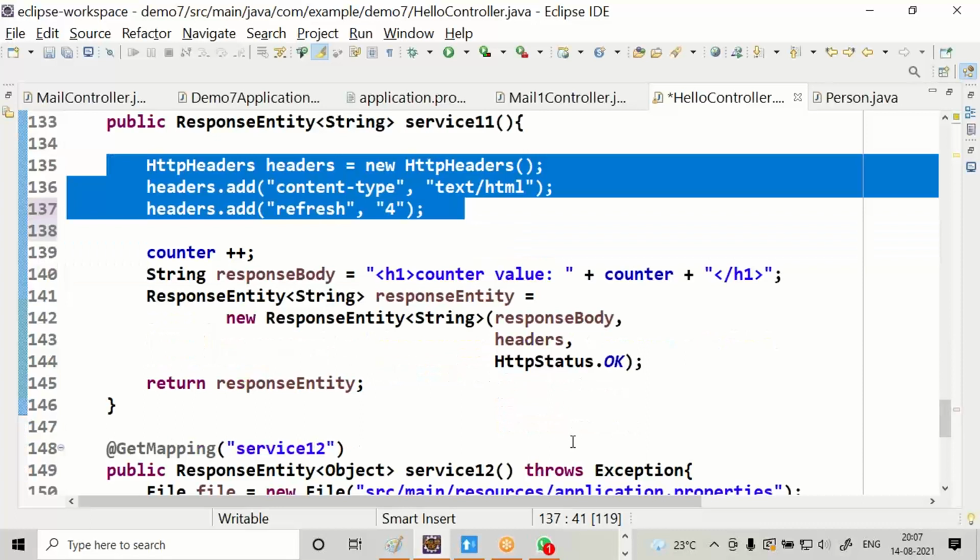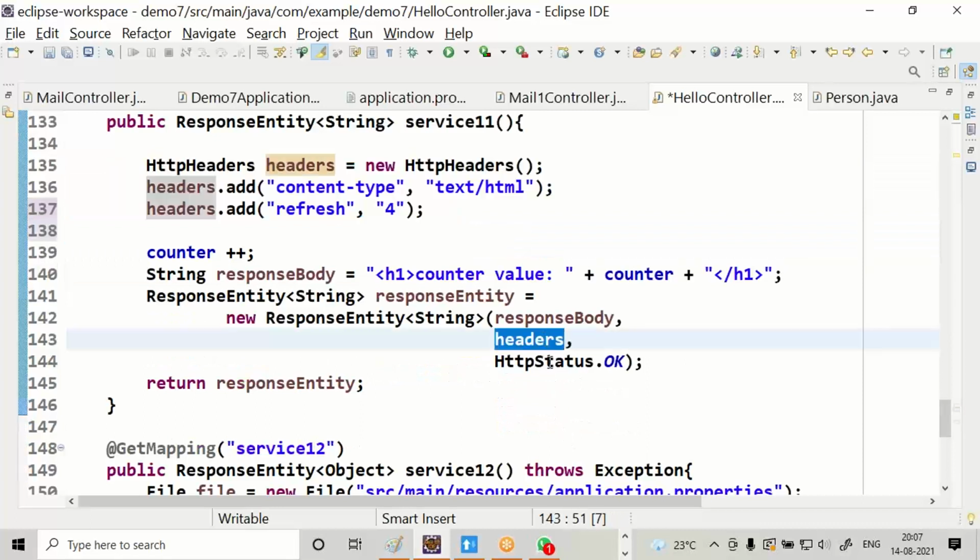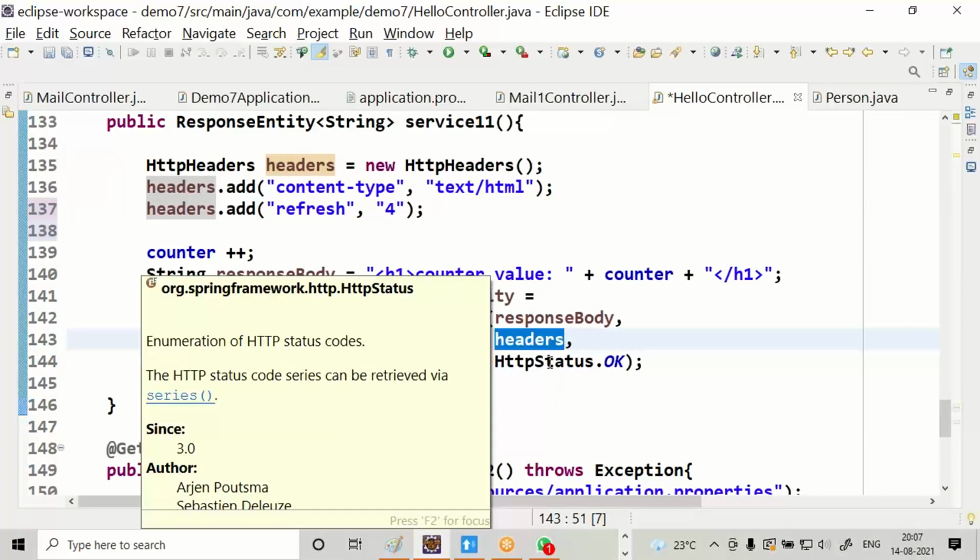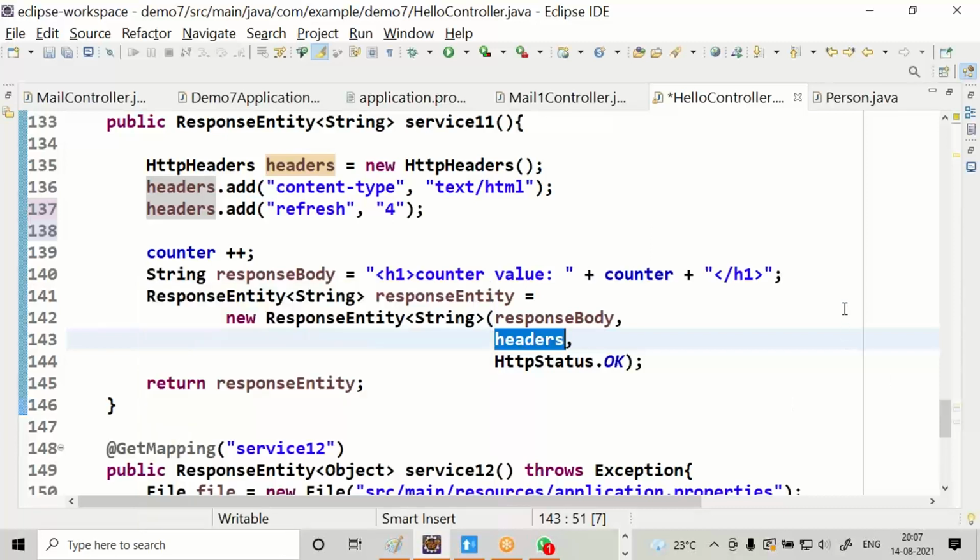Then supply those headers as a second argument to the constructor. Already we have seen a constructor which takes two arguments, response body and status code.